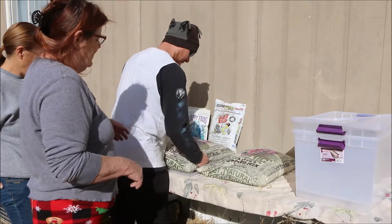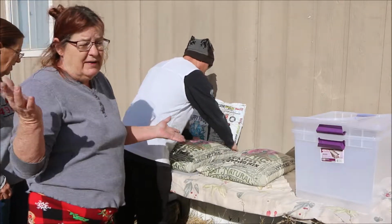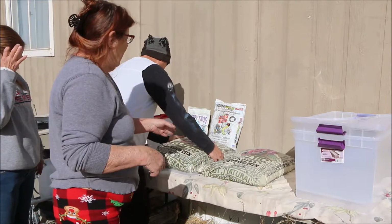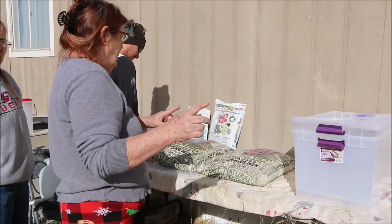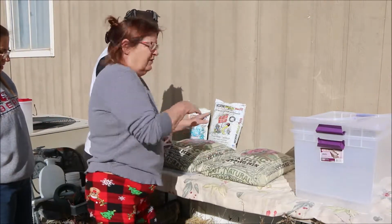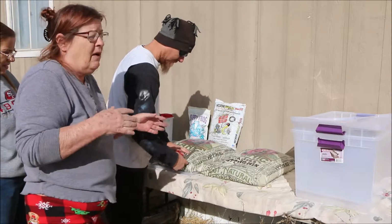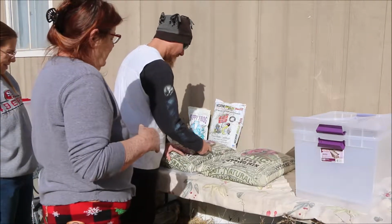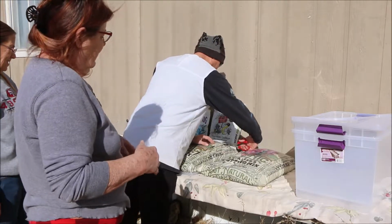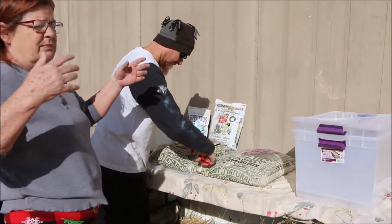And we're going to take, you can use an X-Acto knife. I couldn't find mine, so we're going to use a pair of scissors. And we're going to cut a square out of the top. Be careful about cutting the square. You want to leave a lip so all your soil doesn't fall out. We're also showing you just how easy this is to do. A lip on each side. And as you can see, there's nothing to this. And this will give you